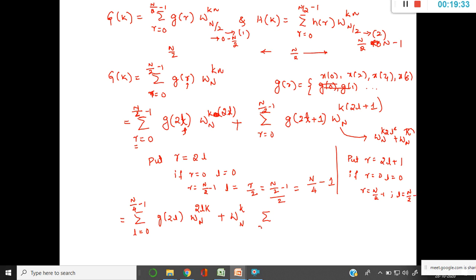So therefore my limits will once again change from r to l, that is 0 to n by 4 minus 1. So here it is g of 2l plus 1 into Wn to the power of k into 2l, right? Now you know that Wn to the power of